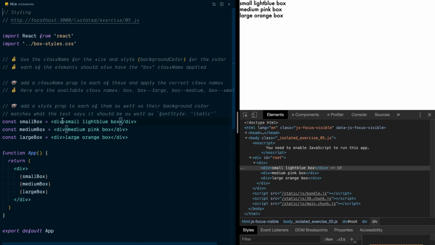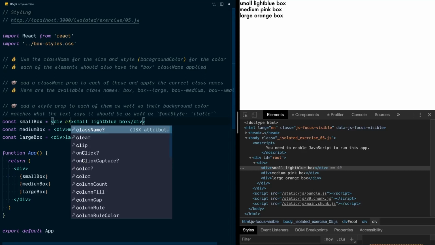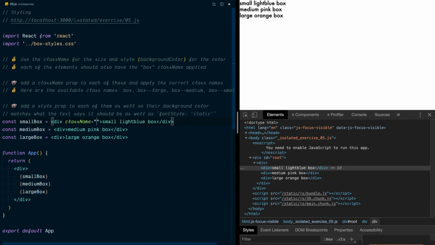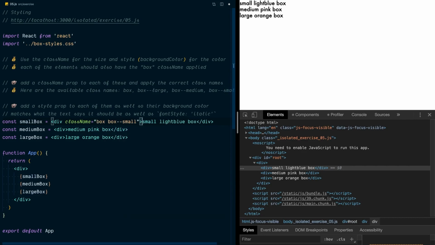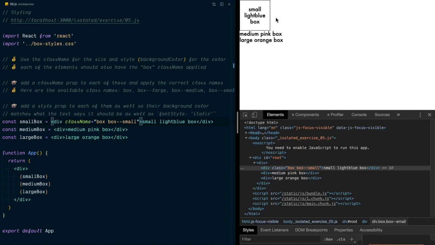So let's go ahead and make these boxes styled. So the first one, we're going to have a class name, and that's going to be box, and then box--small, because we want it to be a small box. If I save that, we're going to get that small box, but we also want it to be light blue